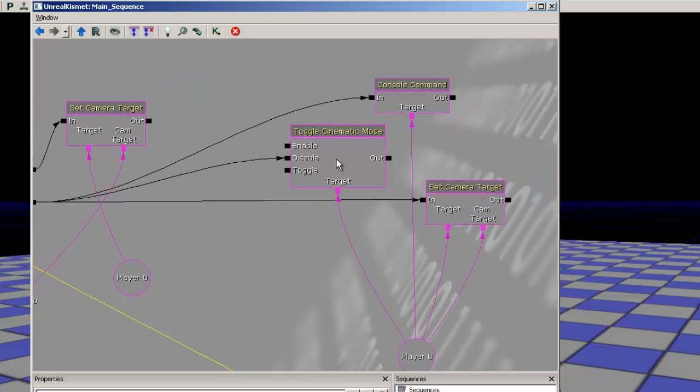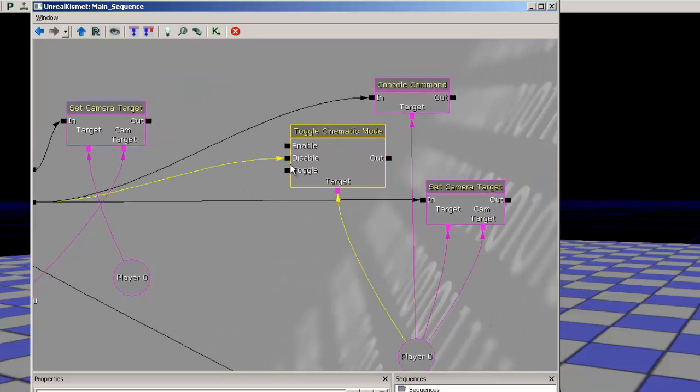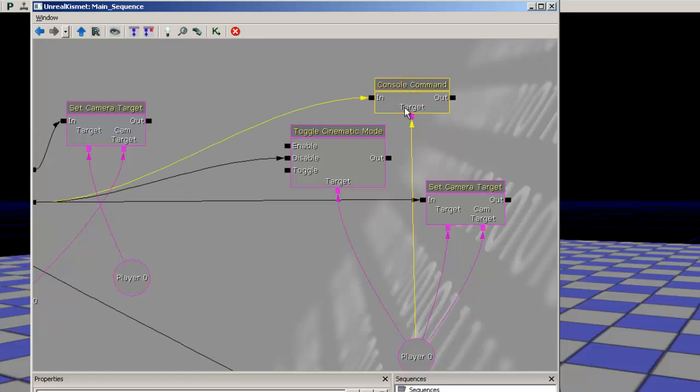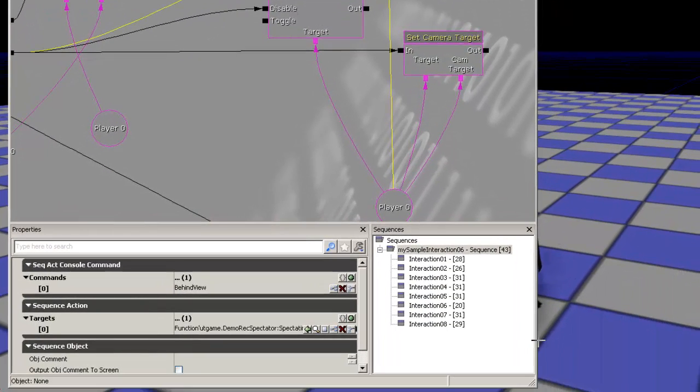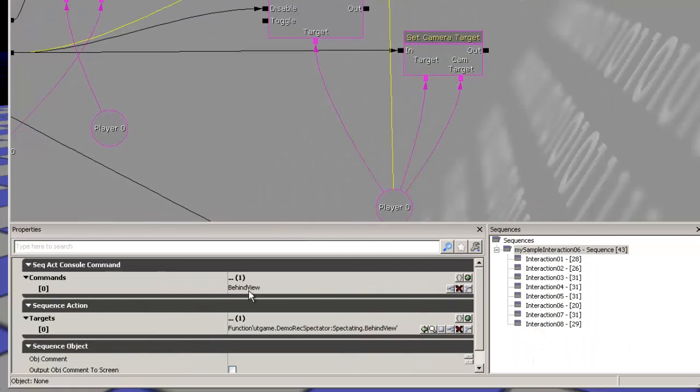So what is it doing? Well, we're kicking ourselves out. This is disabling cinematic mode. At the same time, I'm giving a console command, and you can even see here the command is just behind view. When I put that in, you'll know if it's going to work or if it should work, because as soon as you put a command here, it's going to try to find the script that belongs to that command, and this is just a standard script, behind view. Okay,